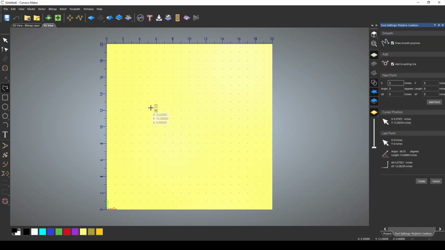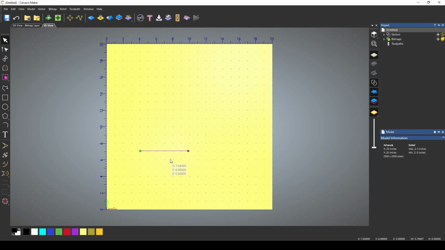This is how we're going to start with our very first vector. To start a vector, you simply pick where you want it to start, and you can see where that start position is over here with your cursor position. So if there's a specific spot that you're looking for, you can line that up and find that with your cursor position. Click where you want the line to start and click where you want the line to finish. It will continue to draw the next line that will be connected to that existing line unless you press the right mouse button, and that will finish making your vector line.